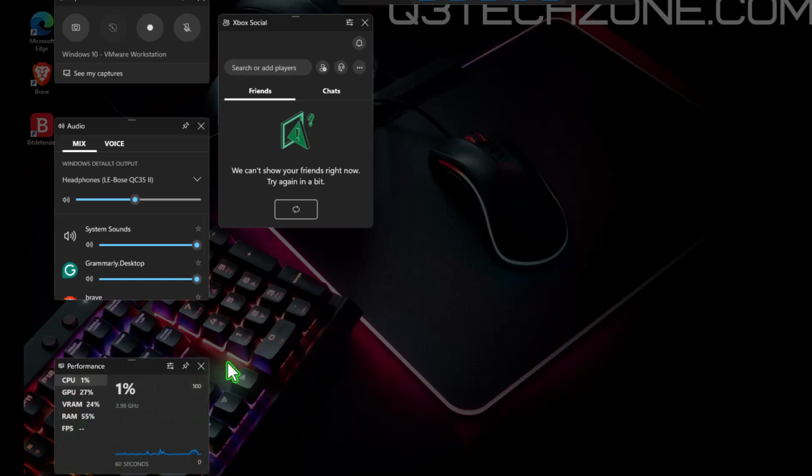So for all the gamers out there, if you want to see what frames per second you've got, you can run this using Windows G, and you'll have all this information to hand. You can also take screen captures as well, so you can capture your gaming as you want to. I'll be doing more videos on this coming up on the channel, so